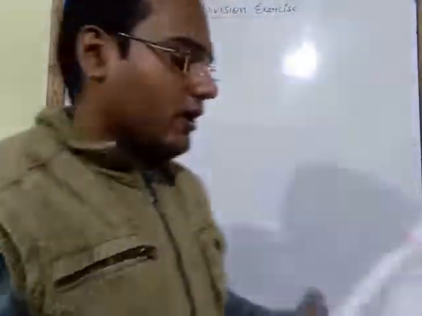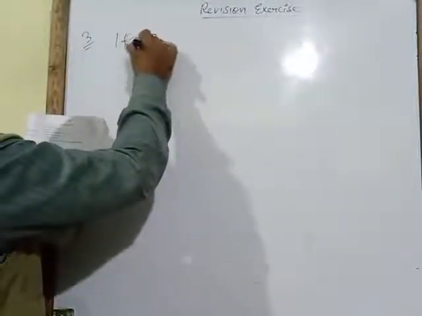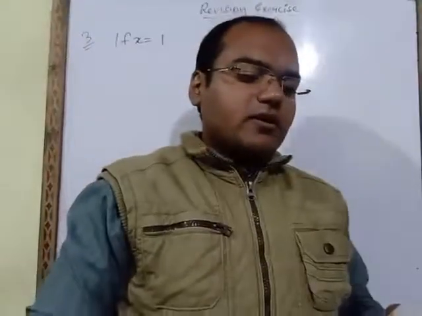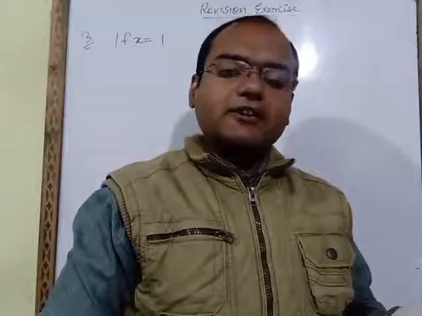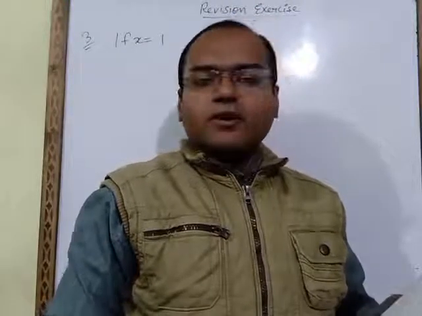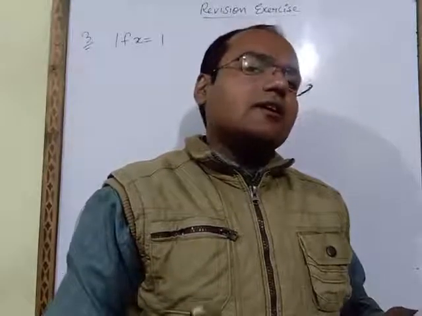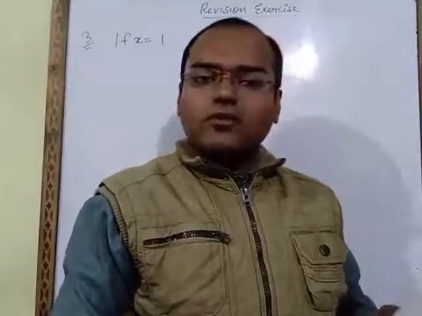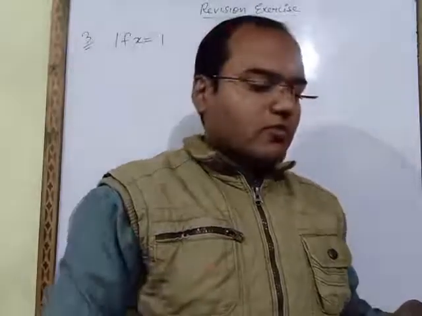Like this only you have to do all the remaining parts of question number second. Now all of you see question number third. Third question. If x is equal to 1, x value is given, x is equal to 1. Find the value of the following polynomials, and in the bracket it is written if any. If any means if in the question a polynomial is given, then you have to find the value, and if in the question a polynomial is not given, then you will not have to find the value. So first part,